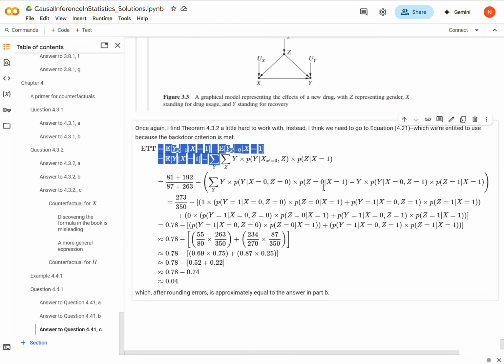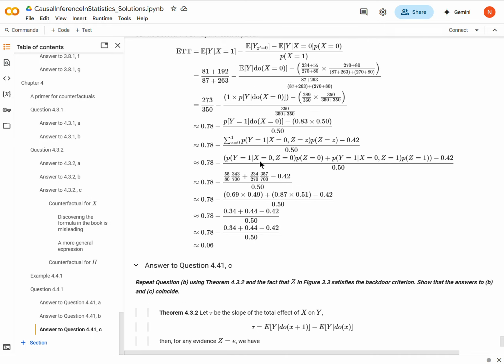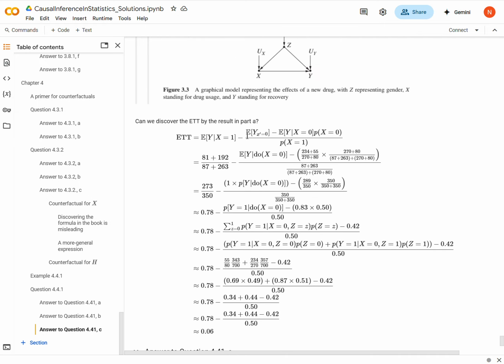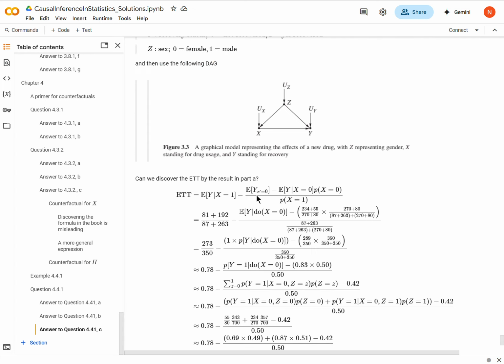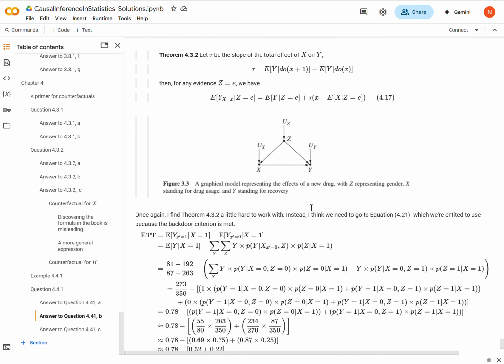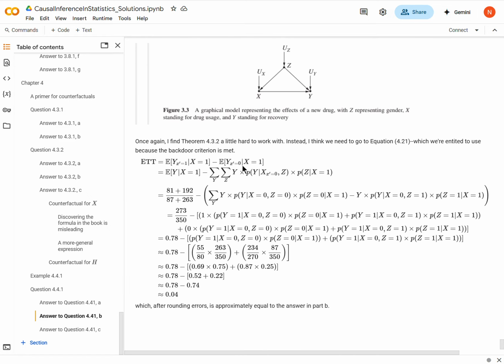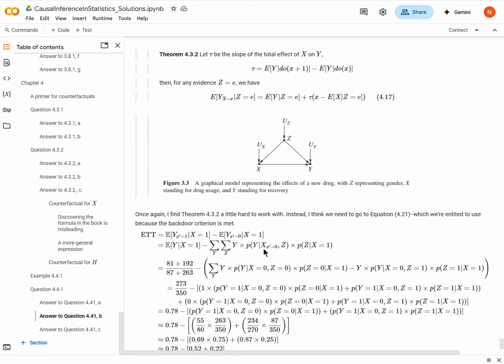One using the modified backdoor formula, and the other one where we just derived counterfactual free expressions for all the terms in the ETT. And again, the thing that allowed us to do a lot of this in both cases was the fact that we could close the backdoor paths here, Z, right? With the modified backdoor adjustment, that's what the summing over all possible values of Z is. Okay,